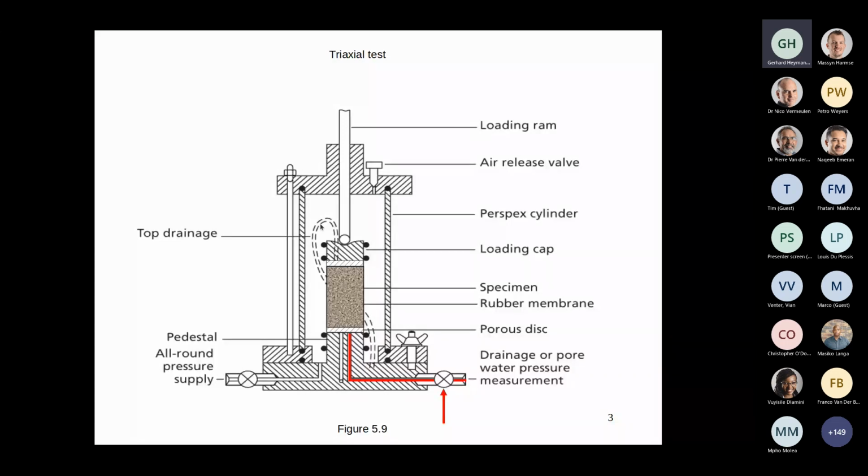All you need to do is look at the loading ram. If the loading ram is not touching the top cap, then it's not a shear stage. So that's the easiest way to recognize a shear stage, is if this loading ram is actually touching the top cap. Okay. If it's not touching, and we've already fully saturated it, then we are in all probability